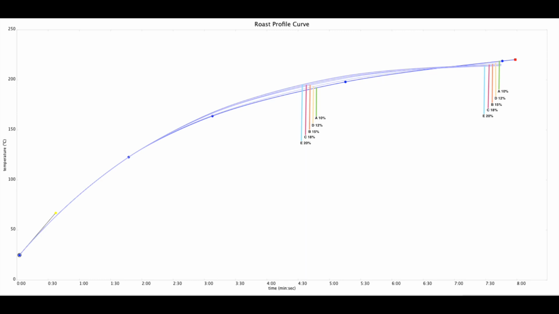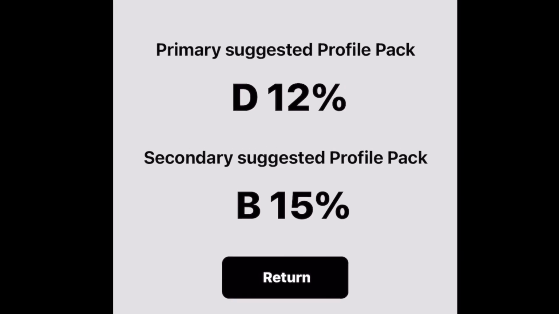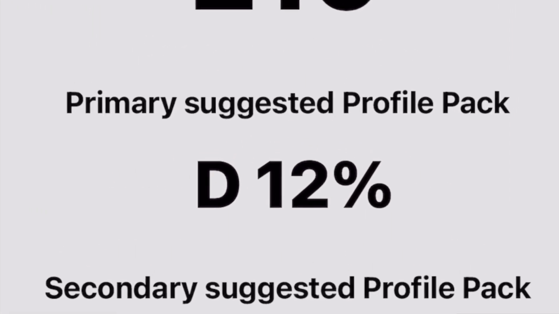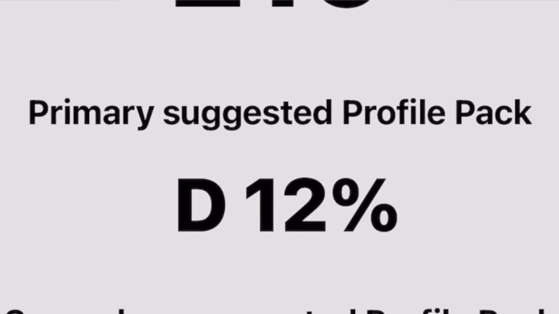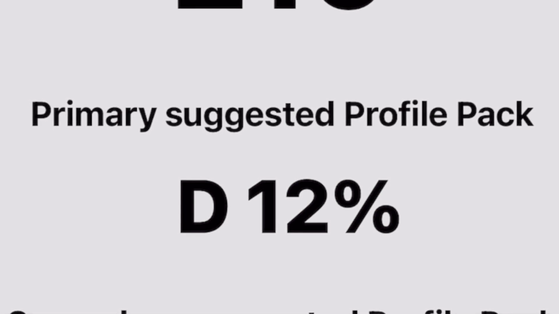Let's get back to those suggestions and what you should be taking away from them. The primary suggestion is what the largest majority of the testers within the selected Lync beta group commonly agreed upon as the profile setup that best worked for the density range and process of a coffee that was similar to the inputted data from the user.